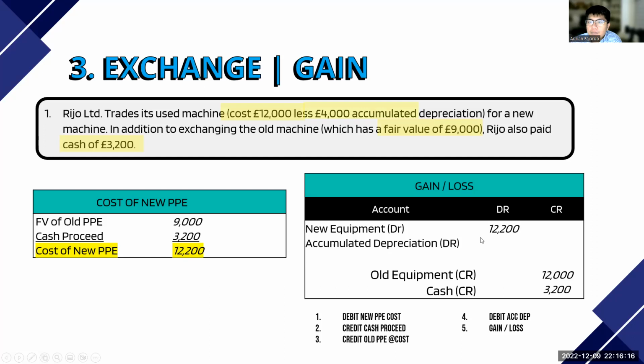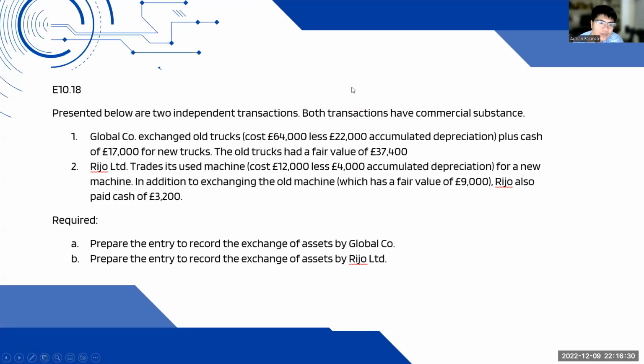Debit act debt of 4,000. And then merong kulang na credit of 1,000. Dahil credit yung nawawala, that's a gain on disposal or revenue, right? Revenue. So basically that's it, right? Sobrang dali. Straightforward si exchange.